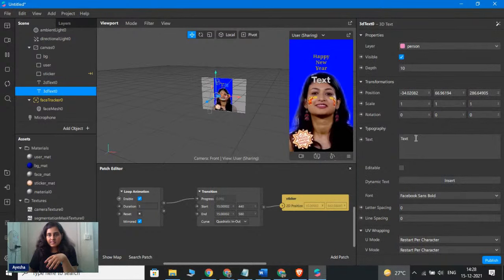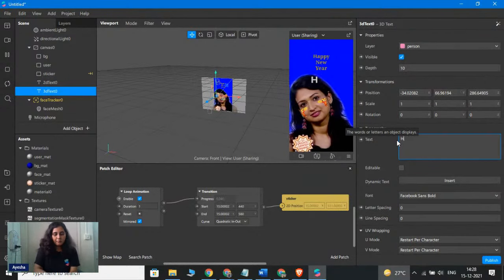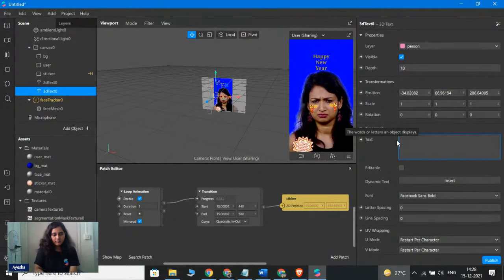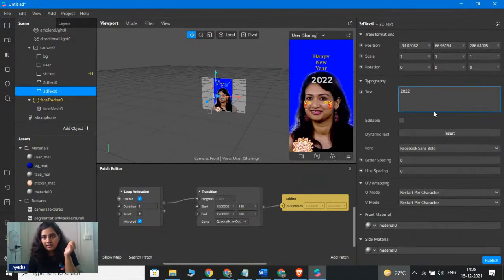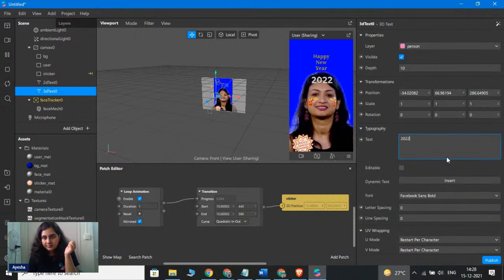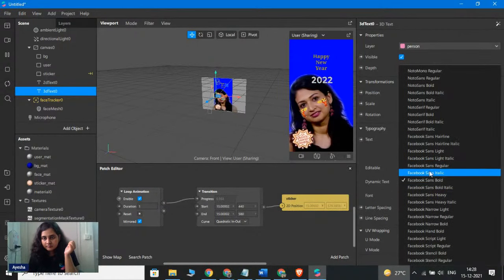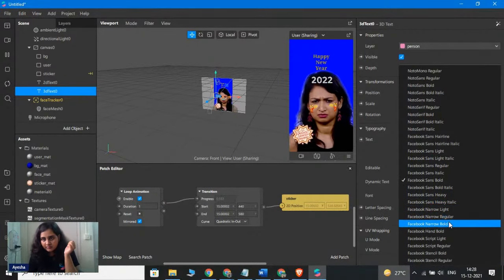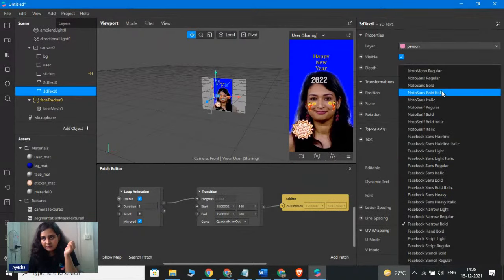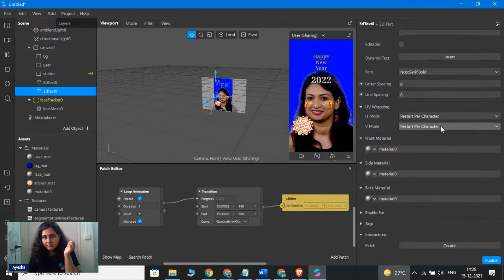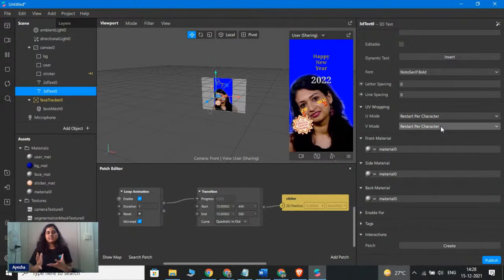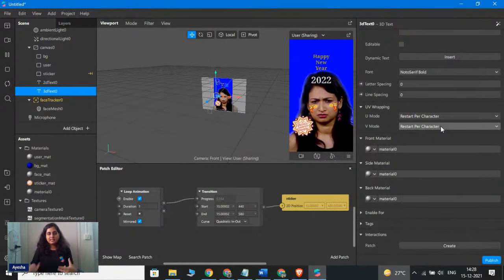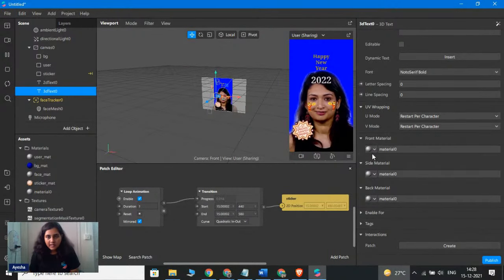So I wanted to say maybe just 2022. And I want it to be in some other font. So I can just have it that way. And you can also choose, since it is a 3D object, the front and the side and the back material can be different. So I'll just,